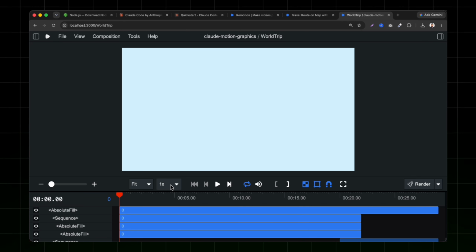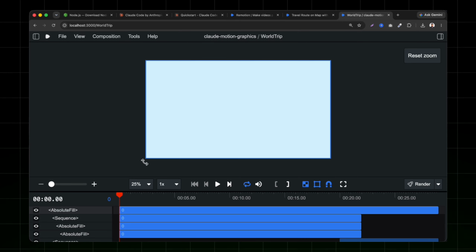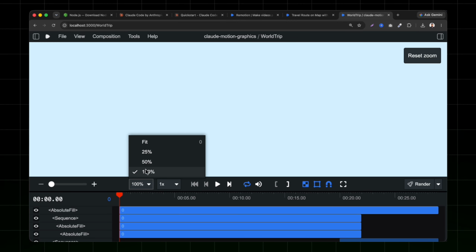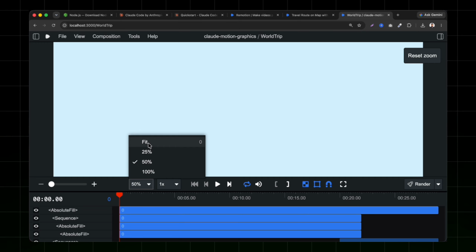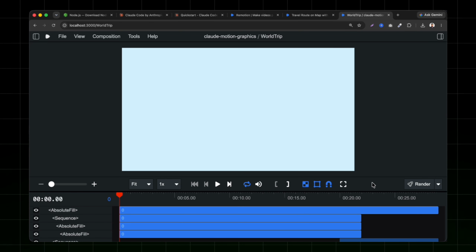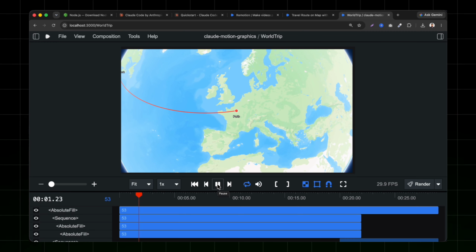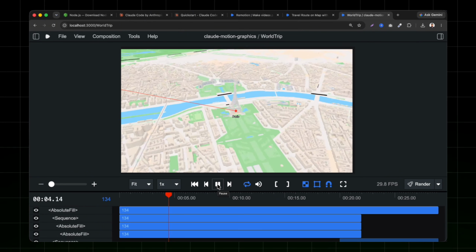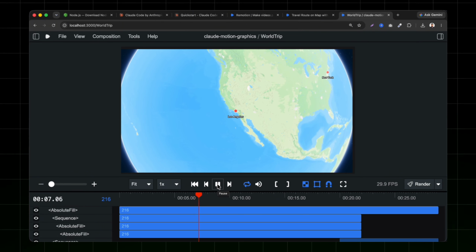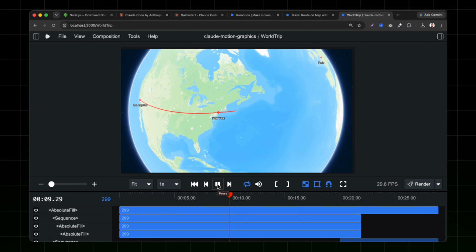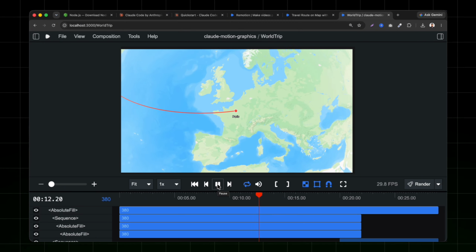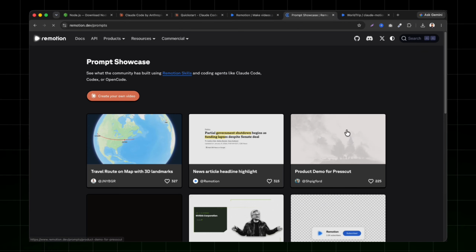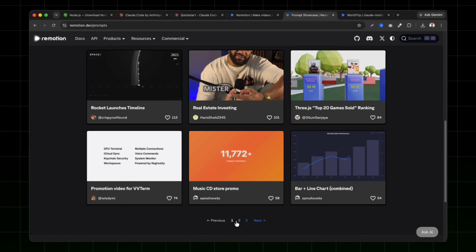It's rendering. You can increase the playback speed. You can set the screen fit to 25%, 100%, 50%, lots of options, and you will have lots of control. You can drag this, and if I want to play this video, let me show you how it's going to show. It's perfectly showing all of this animation, the map animation actually. If you want to make other videos, you can go back here, choose any of the prompts, and try each with your own